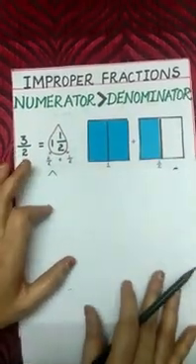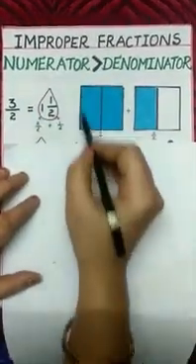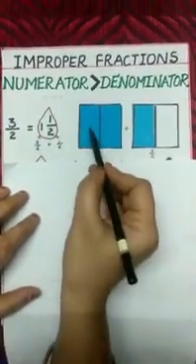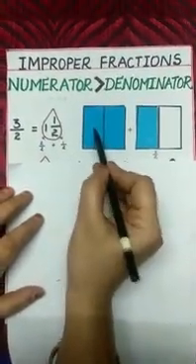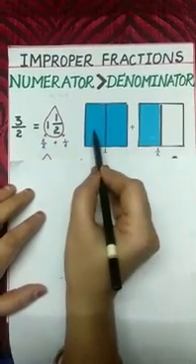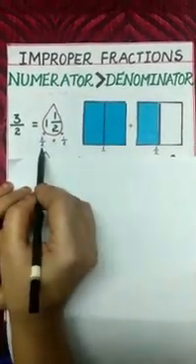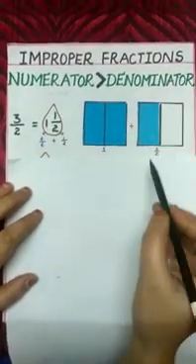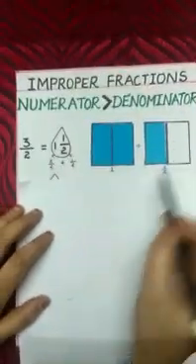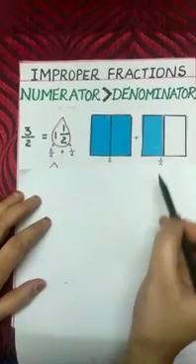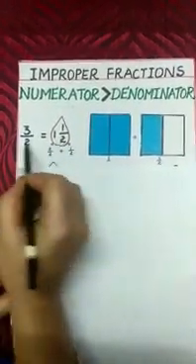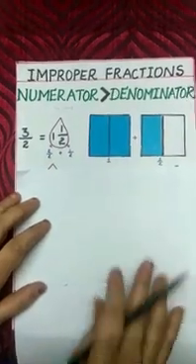Now how to represent through pictures here? Take the whole part, divide it into 2 equal parts where each part represents 1/2. This is 1/2 and this is 1/2. How many 1/2s do we have? 2. So 2 by 2 plus 1/2 means take the same figure and divide it into 2 equal parts. Select one part which is 1 by 2, where 1 plus 1 by 2 is 1 1 by 2, which is equal to 3 by 2.